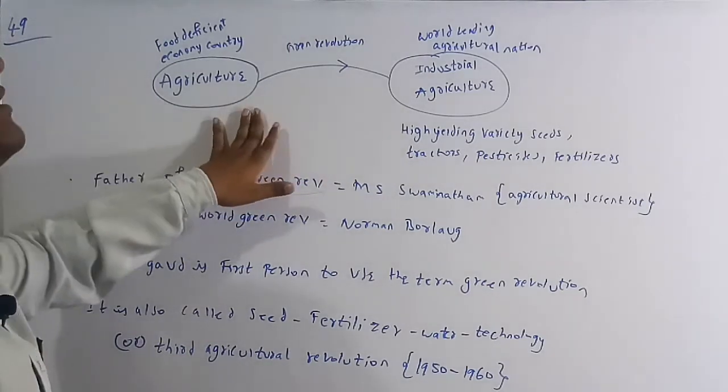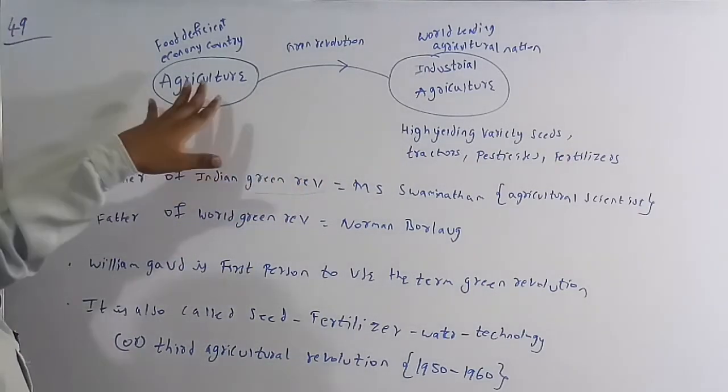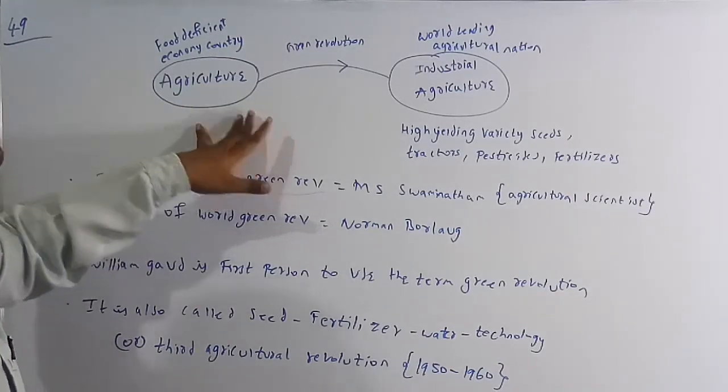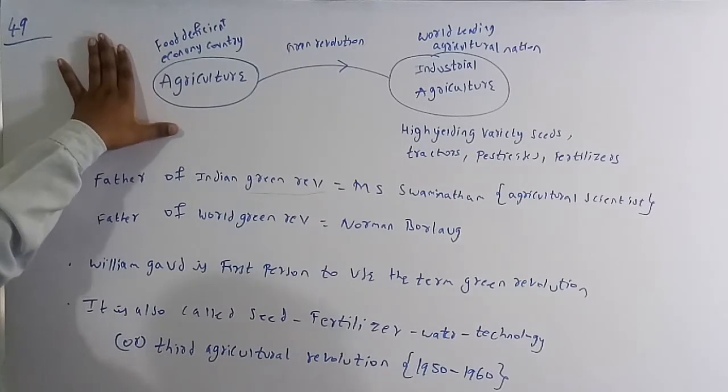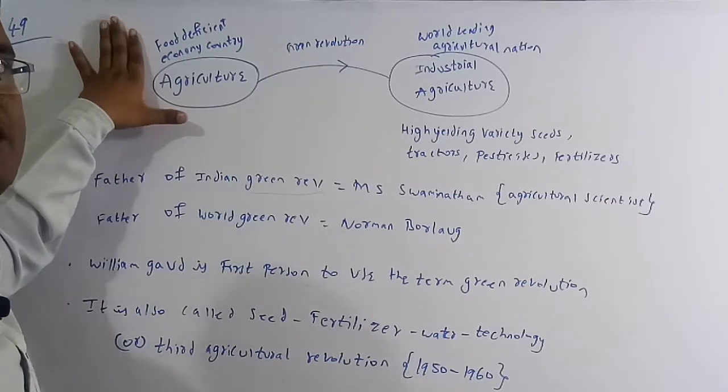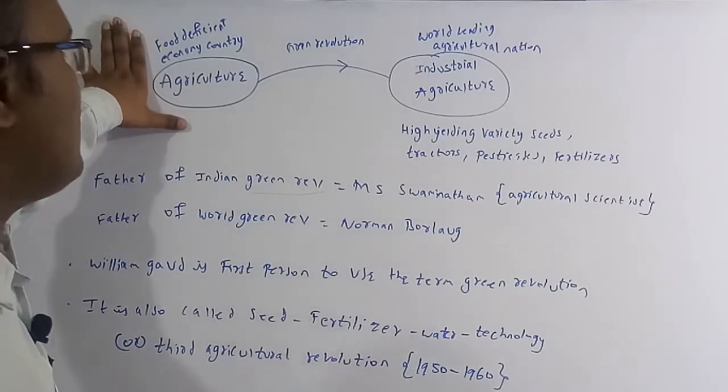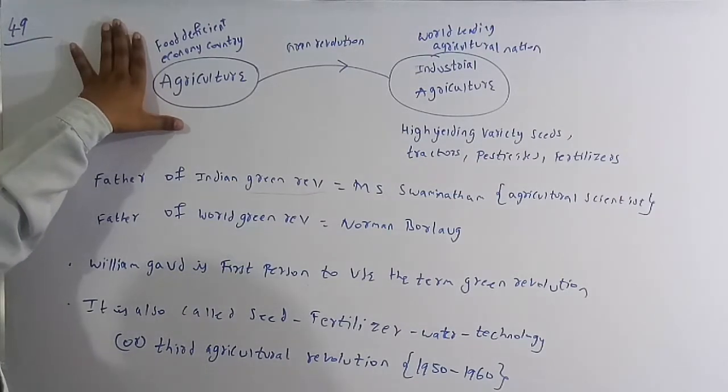In the olden days, what happened is, earlier in India the agriculture was very less, which means the people were not able to get sufficient food to eat all over the country. So all our people were not getting a sufficient amount of food. Therefore, they thought we have to increase the agriculture land.